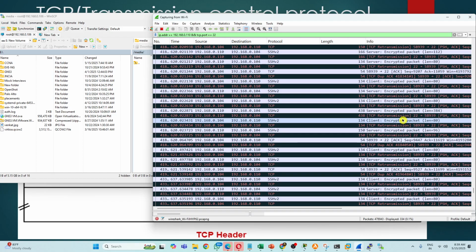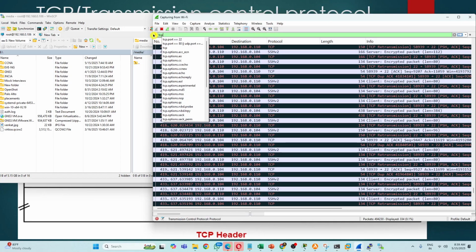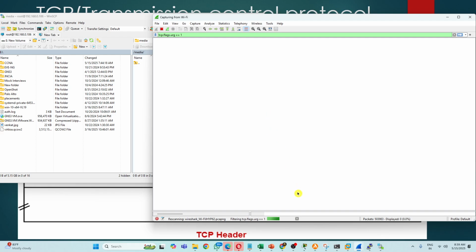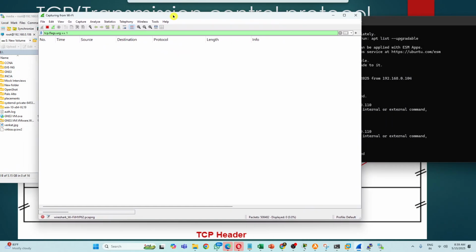Okay, I got one more thing now. So let me see, are there any transactions going on with the urgent flag? Okay, let me do that. TCP dot flags. Okay, this is the way to filter urgent flag equal to 1. It is filtering now. So far there is no such data. I don't see any packet.